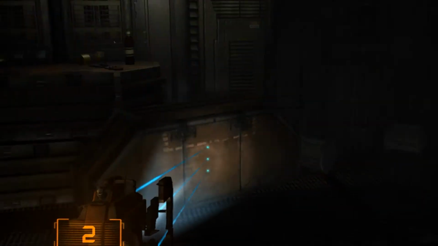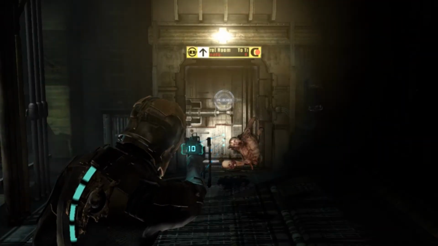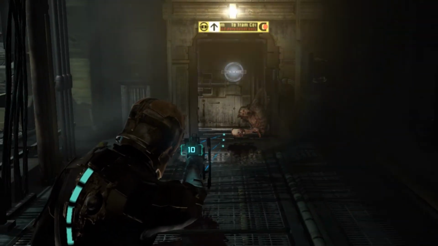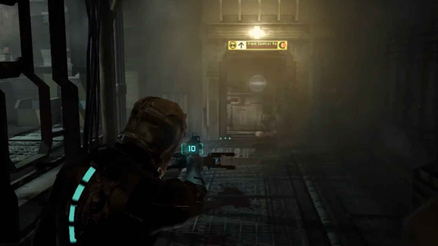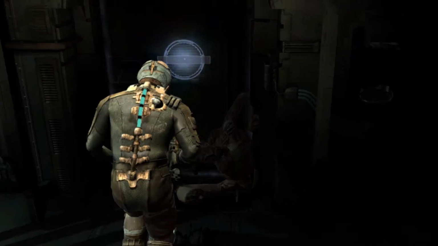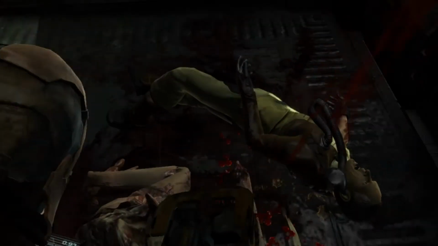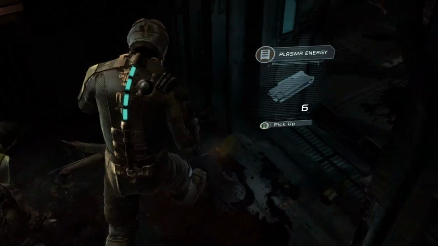Now, this weapon we have, probably the best weapon in the game, in my opinion, is the plasma cutter. It shoots a laser along those 3 lines, like you saw, and it can be adjusted to fire vertically or horizontally. Great for chopping off limbs as needed.